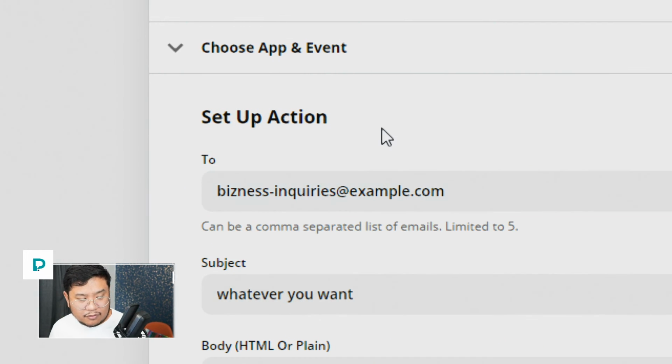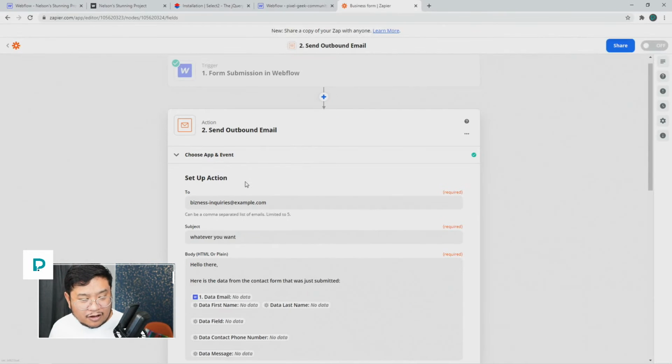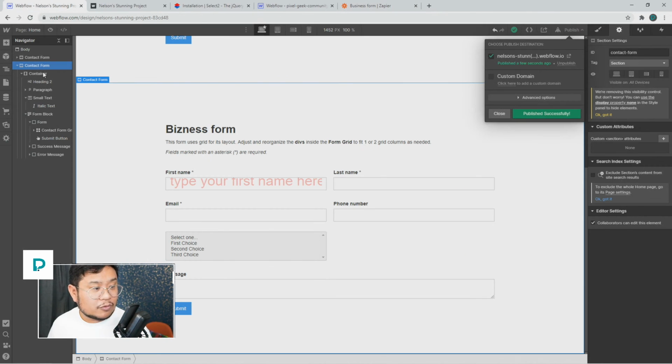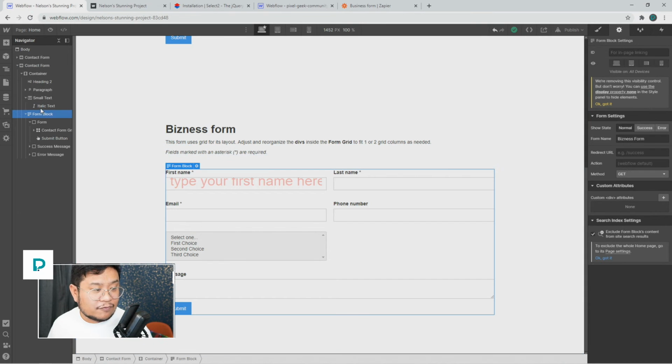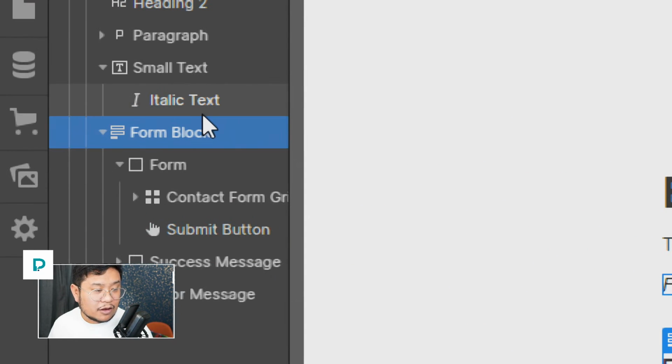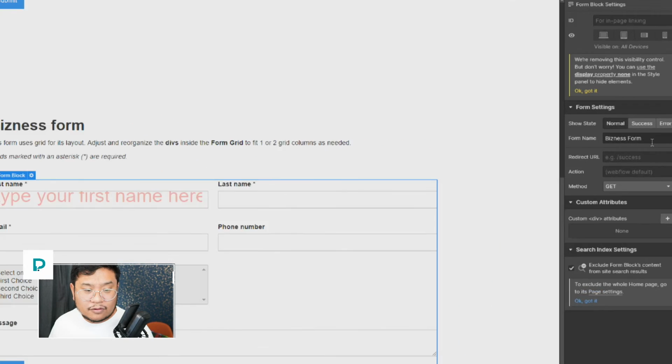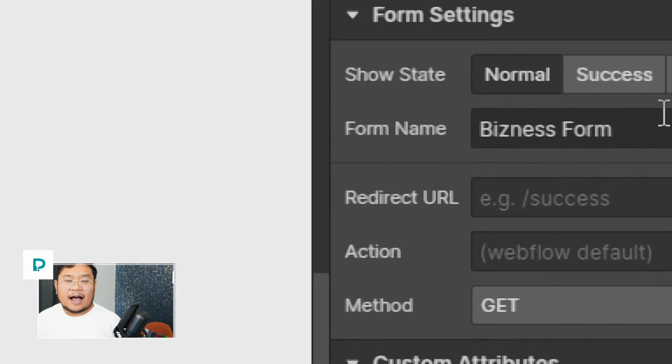I don't know if I spelled that right. Whatever. At example.com. So as you can see, if I change the name of the form, let me show you where again. If I change the name of the form by clicking on form block and then going to the form name, I can tell Zapier, hey,